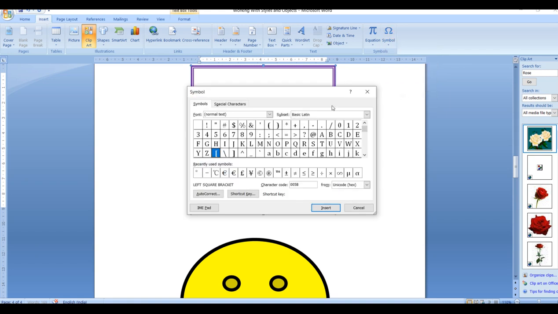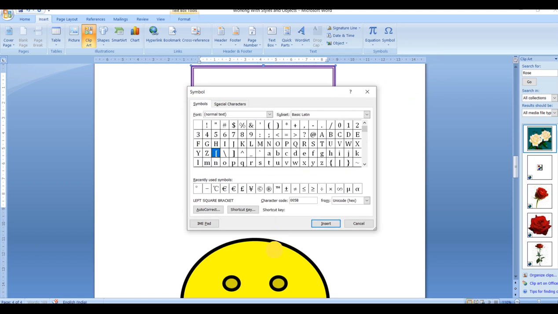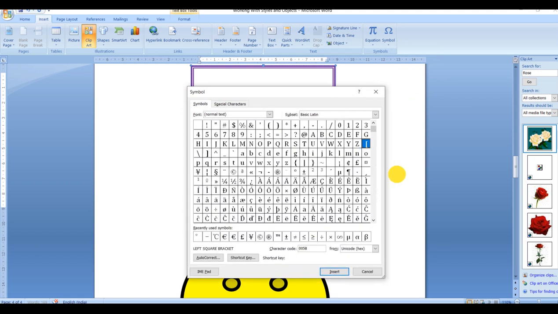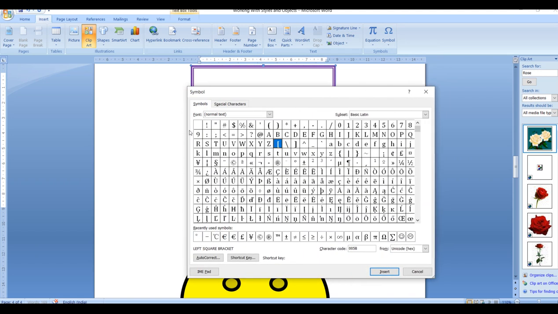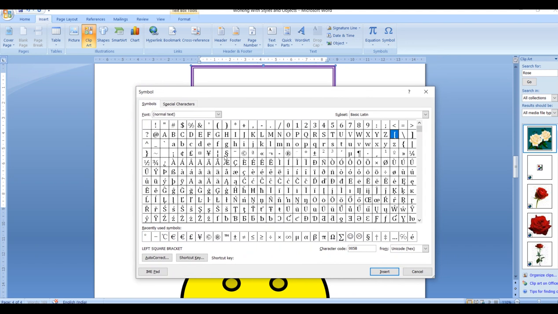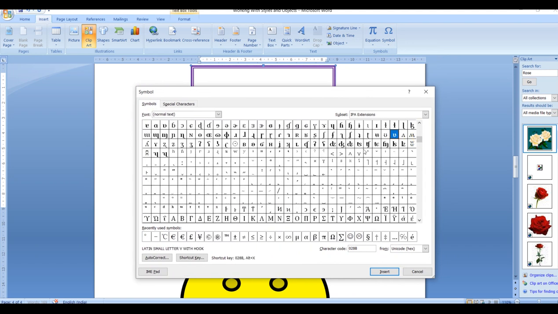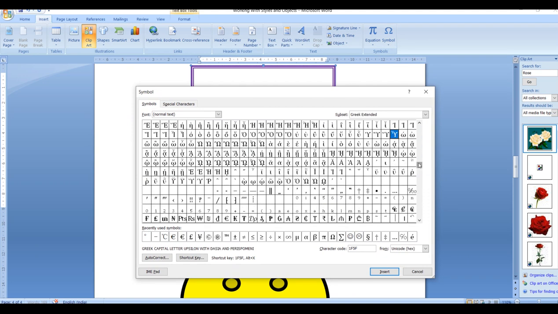So I'll go to More Symbols. So here is a variety of symbols present in my Symbol box.